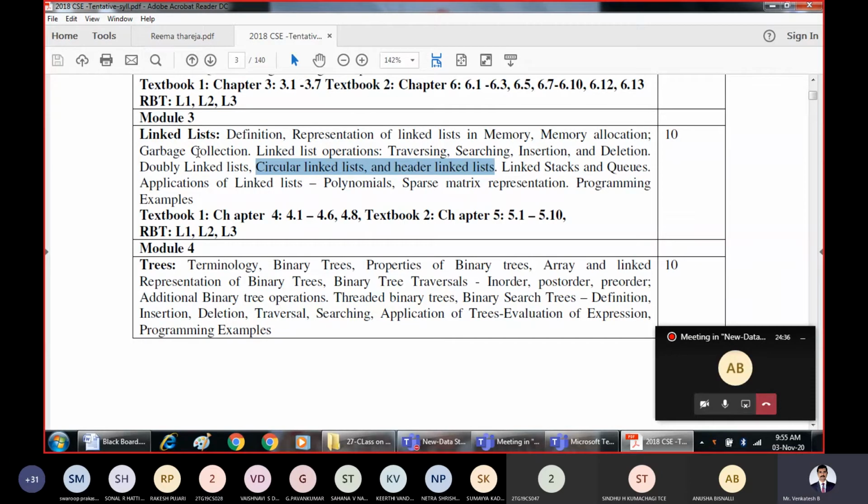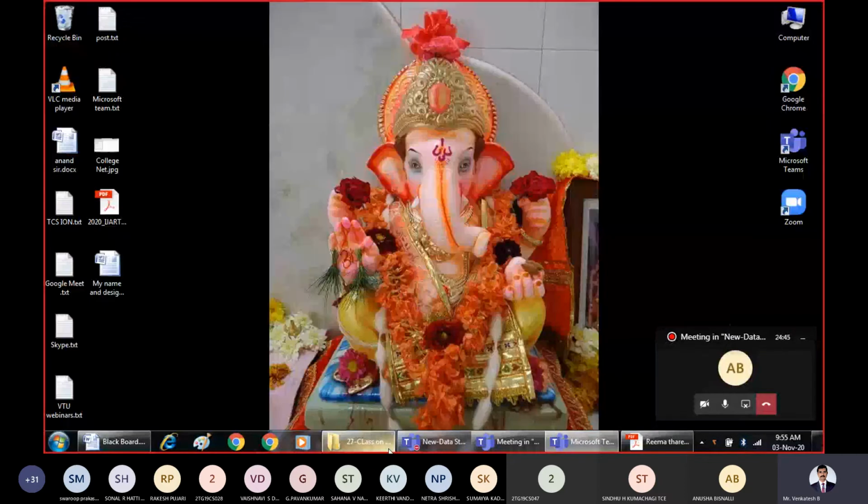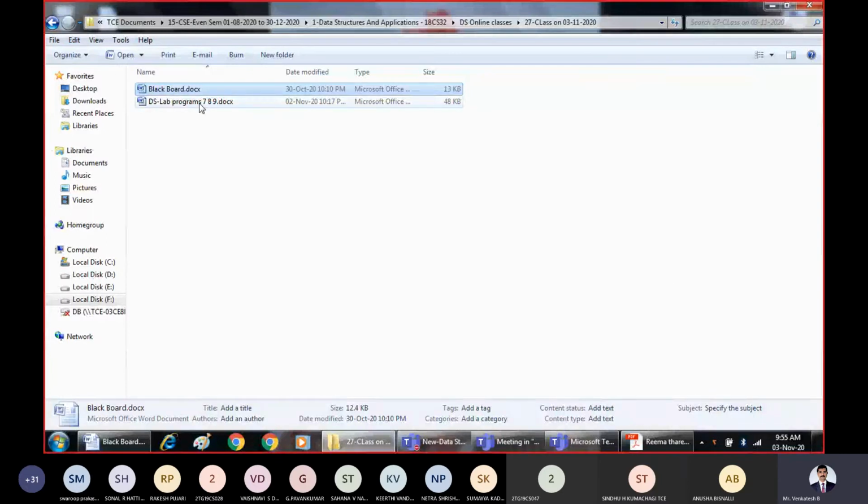So now I have covered all the theory concepts related to doubly, circular and header. Now I'll go for the programming part. That means I'll explain program number 8 as well as the functions related to the theoretical concepts.